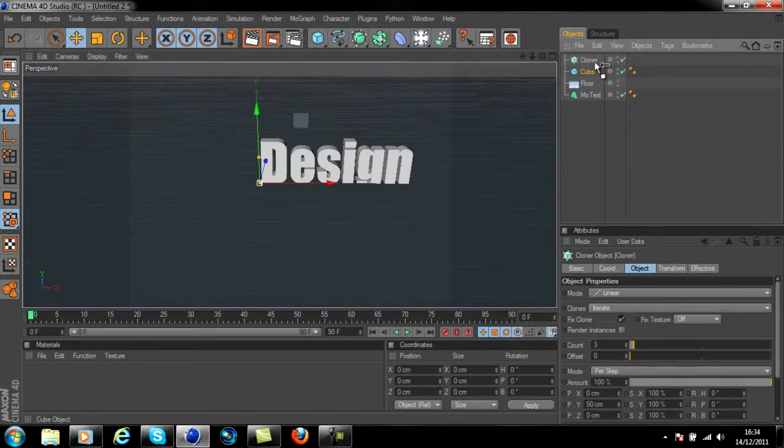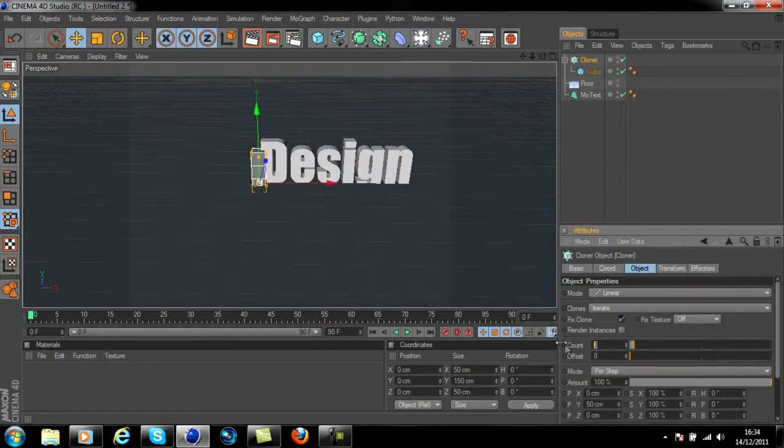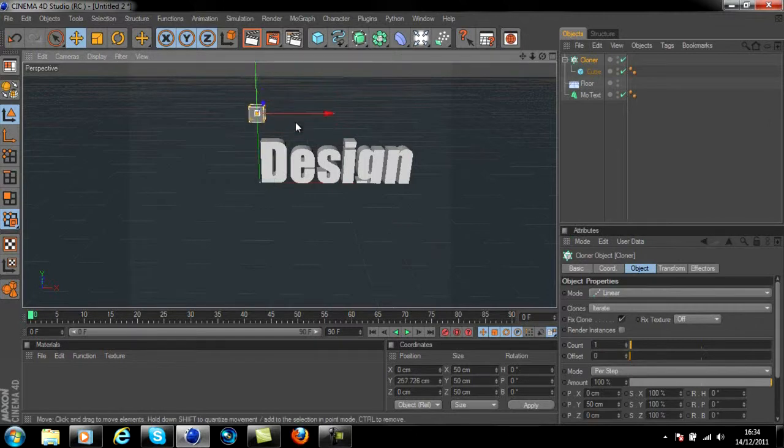Now you want to go onto MoGraph, choose a Cloner, and drag the cube onto the Cloner tab. There you go, it creates a little stair. Then go onto the Cloner and change the count down to 1, so that there's only one cube. You may be wondering why we're doing this, as it's not really cloning anymore, but emitters only work with